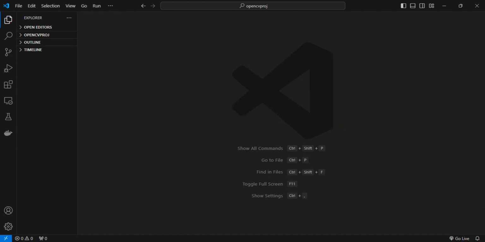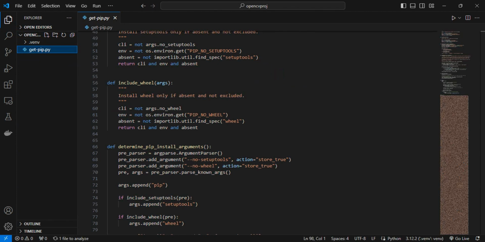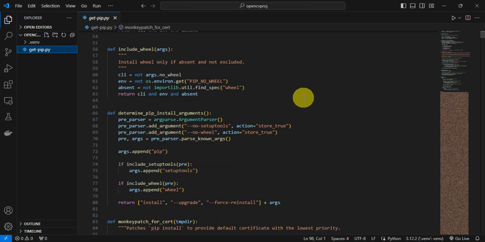So right after that, to go ahead and check if it has been changed already, to confirm that the interpreter is working correctly, you can create a new Python file or open an existing one in Visual Studio Code. So let's try to open a file in here. So this Python file in here. So once opened, Visual Studio Code should recognize the Python syntax and provide suggestions, linting, and other language features